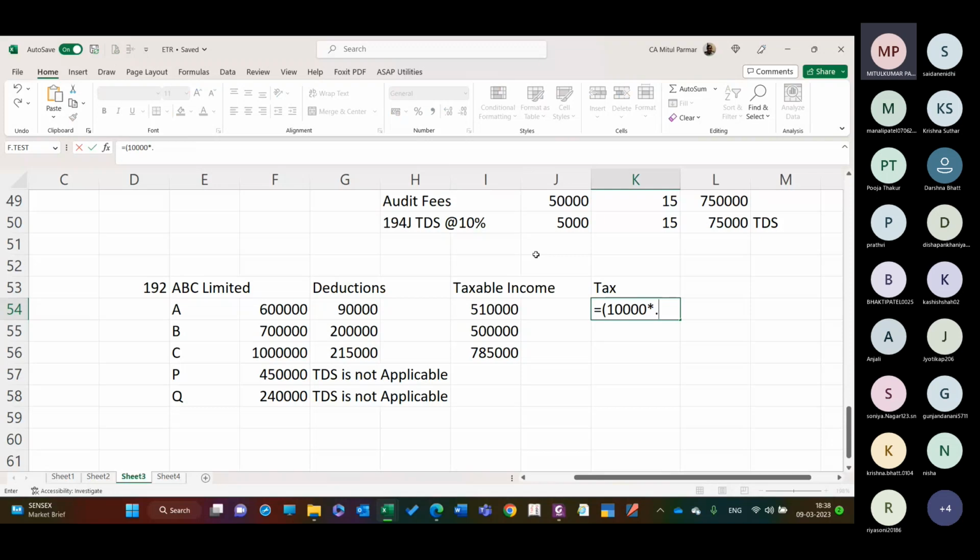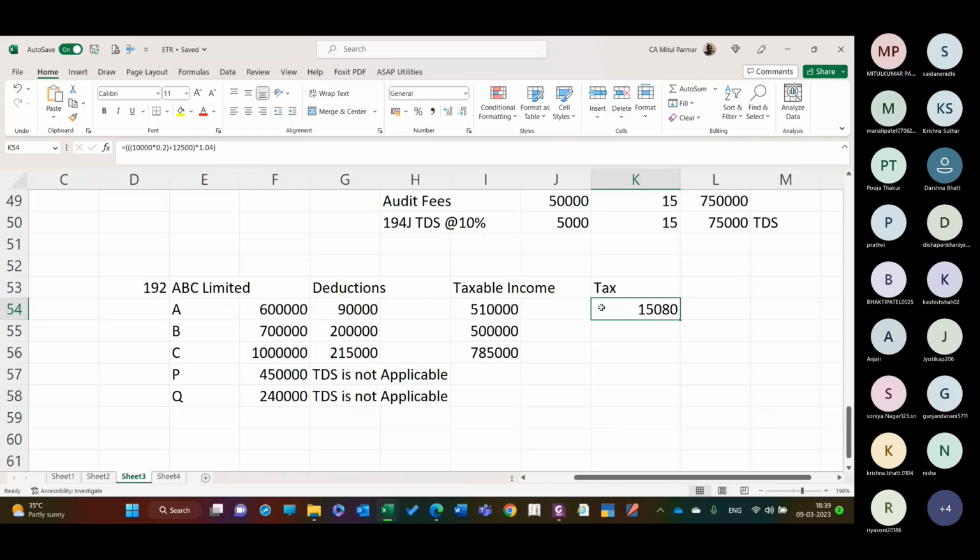On that you will be charged 20%, and to the tax on that 20% you have to add 12,500. And whatever comes, you have to multiply it by 1.04 for health and education cess. So the total tax liability comes out to be